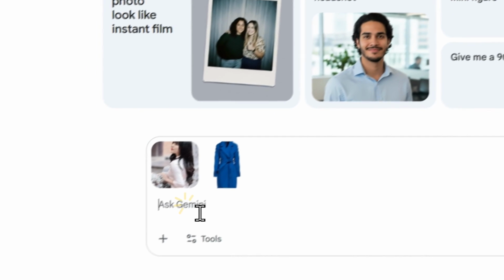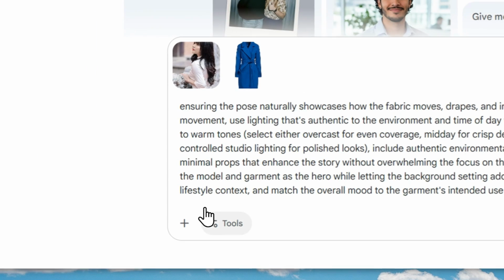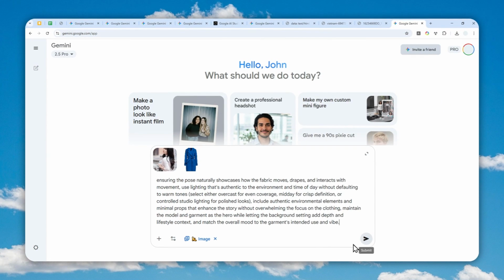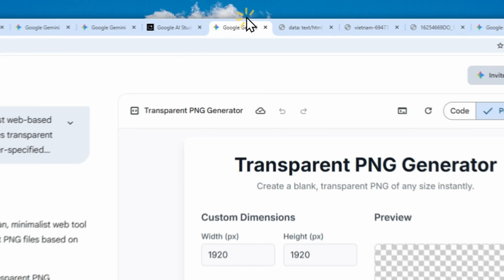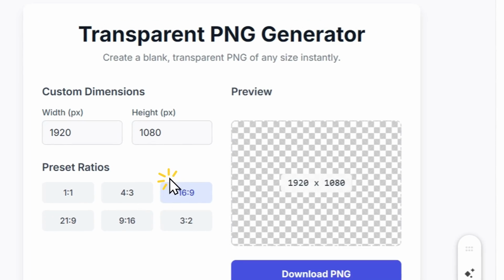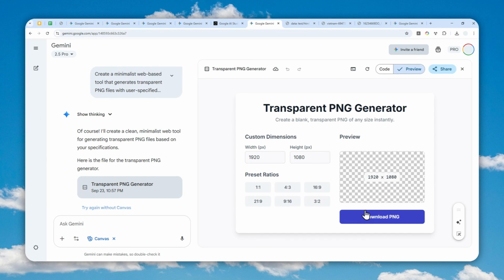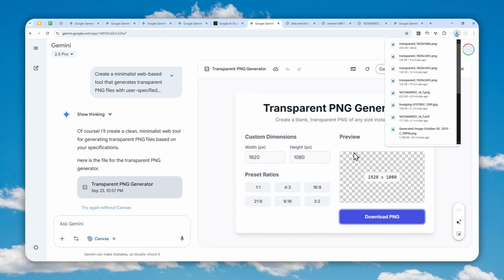Now I'm going to paste that to Gemini, and you can click Tools and then click Create Images. Now you can continue, you can click this button, but I want to control the aspect ratio. I want to get a horizontal photo out of these two pictures. But unfortunately right now, when I'm recording this video, there is no native way to control the aspect ratio on Gemini's Nano Banana. So what I'm going to do is basically, I'm going to use a completely blank image that has no content whatsoever, but I have the reference for the aspect ratio,